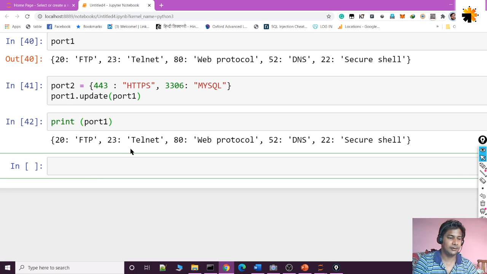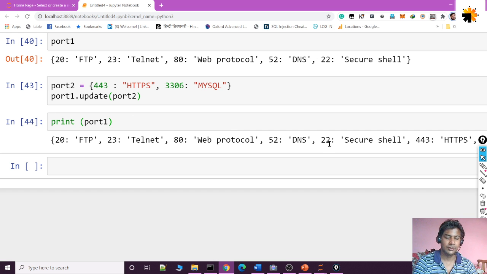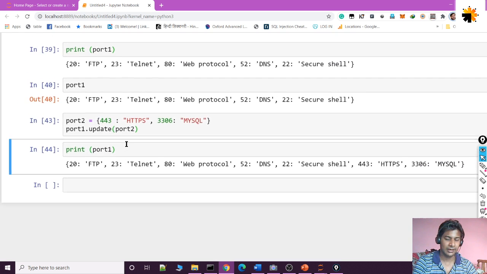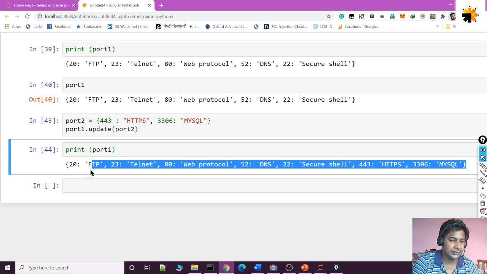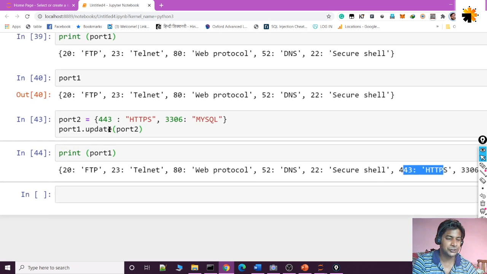Oh, sorry. I have updated port 1 with port 1. Sorry, it's port 2. Extremely sorry. Okay, so you can see the screen. 20, 23, 80, 52, I'm getting here. You can see I have added it successfully here, but always while doing this update method, please make sure